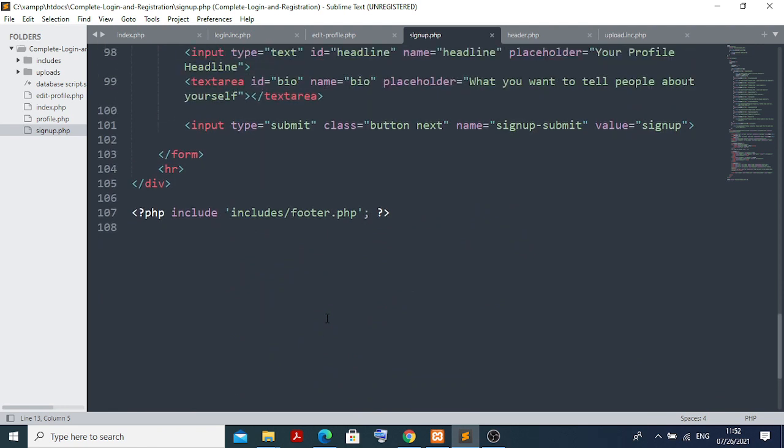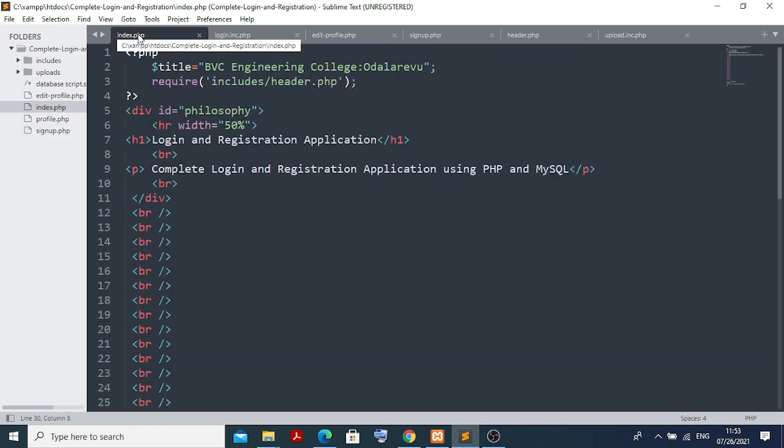Okay, so this is the sign up page, and after that immediately the most important thing, you have to go to the index.php. In the index.php I have provided that it is a PHP program, writing starting here and ending here. With the variable title I am putting BSc Engineering College, or any name you can give it as a standard.